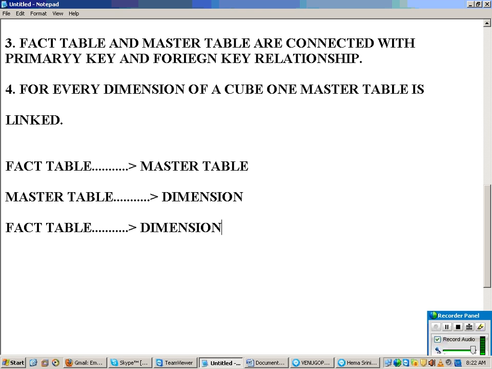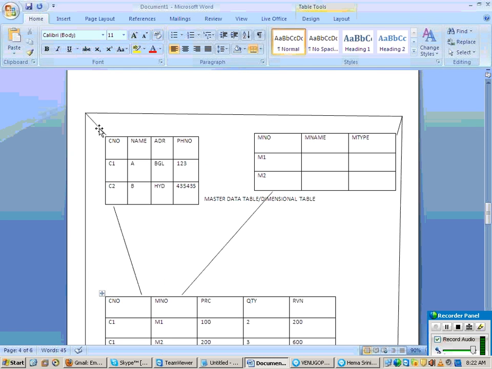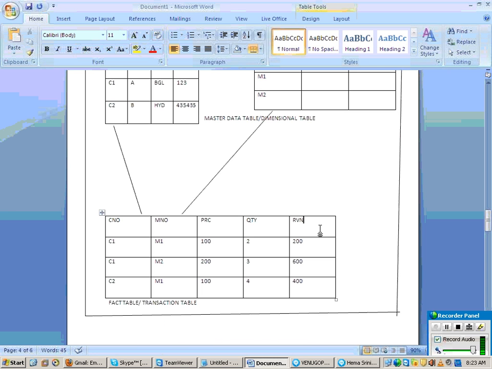Now any schema design you consider, these three conditions should satisfy. There should be a connectivity of fact to master, there should be a connectivity between master to dimension, and fact to dimension. Now in this case, if you can observe, your fact table is connected to how many dimensions now? Two. That means you can analyze the data in two different angles. What are the two different angles? One is customer angle and the other one is material.